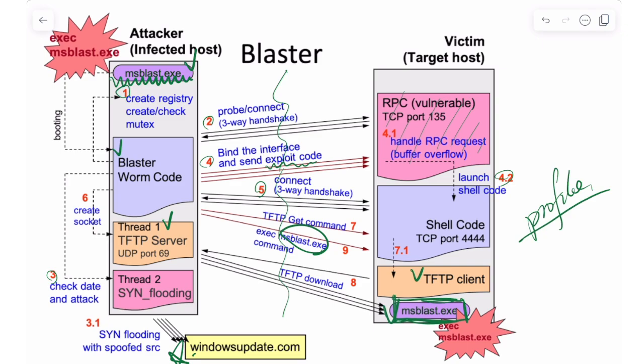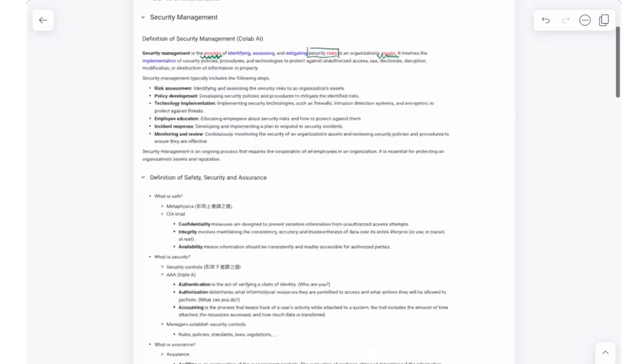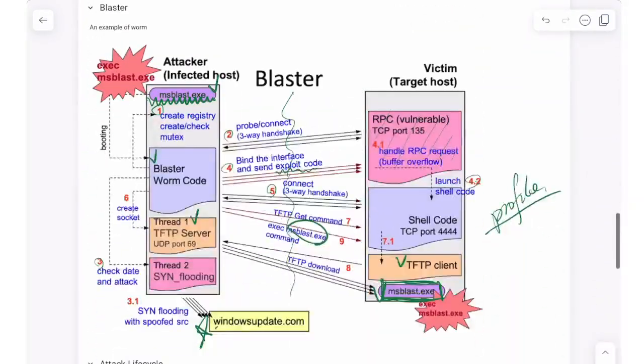Okay, so I think we can stop right here for the first hour. I think we introduced several concepts of security management, and we show you a real world example of malicious software. Good, that's it. That is the management part. And after that, next hour or next week, we will talk about how do we use different kind of algorithms or tools to analyze the information we can collect in an attack. Okay, that's all.